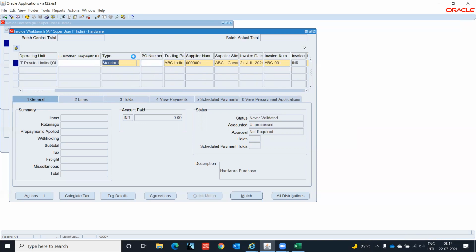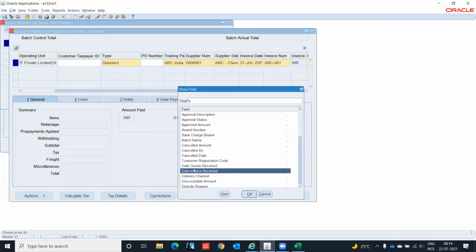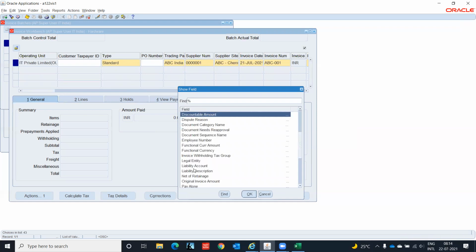Okay, if any column is not visible over here, you can very well right click on box, click on folder, show fields. In the show fields, you can select which all the fields are hidden. So right now it is asking me voucher number.